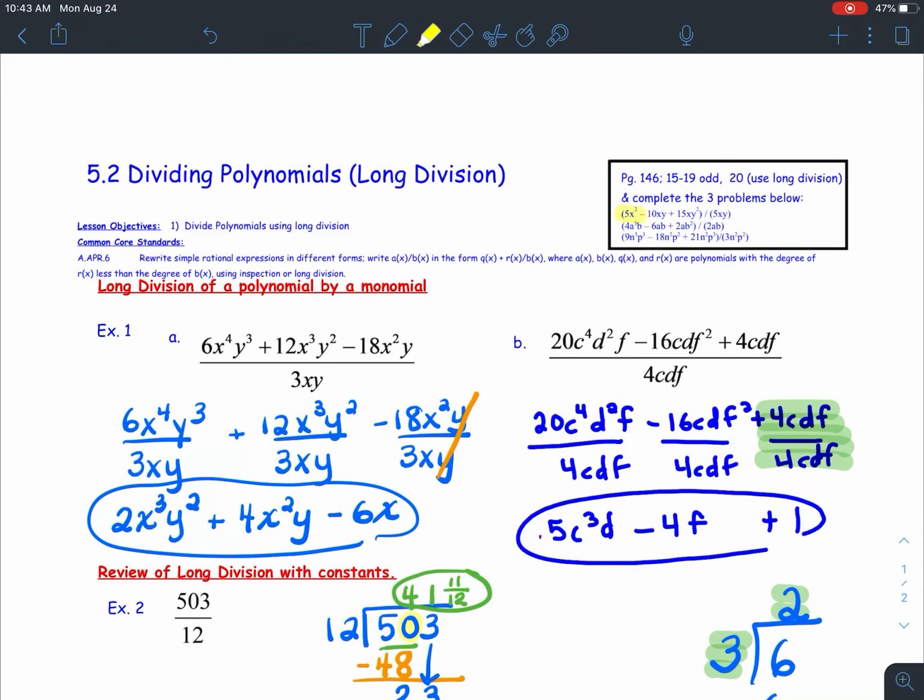Okay, all of these problems that we're doing today are all long division problems, with the exception, don't forget about these 3 here. They are just like